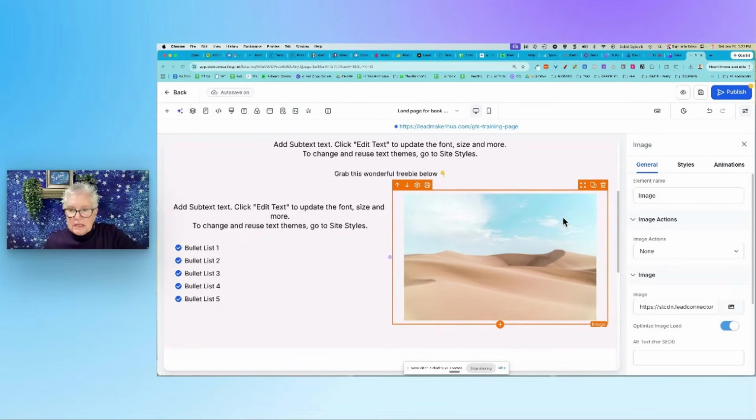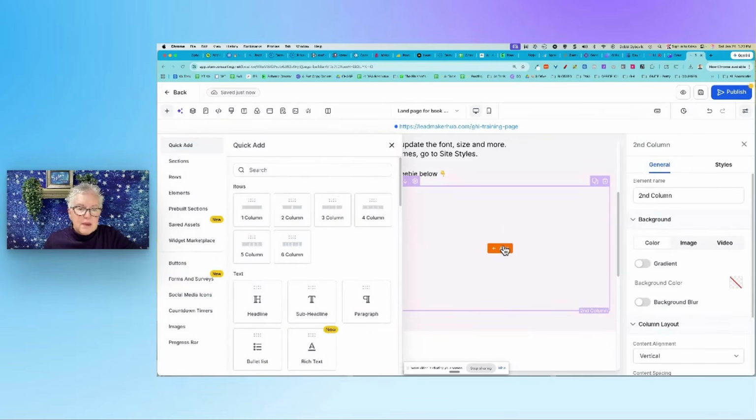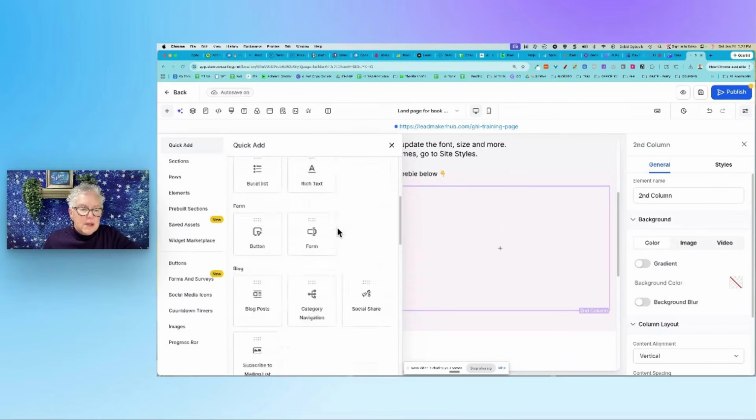So I've selected this asset here. I'm just going to come right up here. I'm going to delete this image. And now I've just got this blank area. So I'm going to click on add. And what am I going to add here? So under all of the different elements, if we come down,